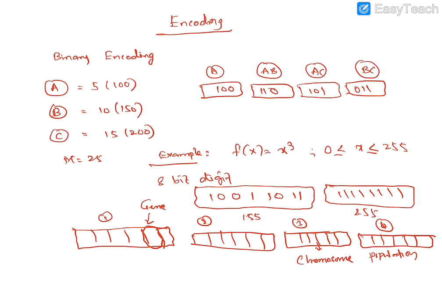And if you consider this example A, B and C, the values are given as 5, 10, 15. If you write them in binary digits, these are the values which we consider. Here there are 3 digits for A, B and C. The first digit represents the presence of A, with B absent and C absent. Here, A present, B present, C absent. Here A present, C present, B absent. Then A absent, B and C present. Like this we consider the encoding technique. So this is the binary encoding which is followed in genetic algorithm.